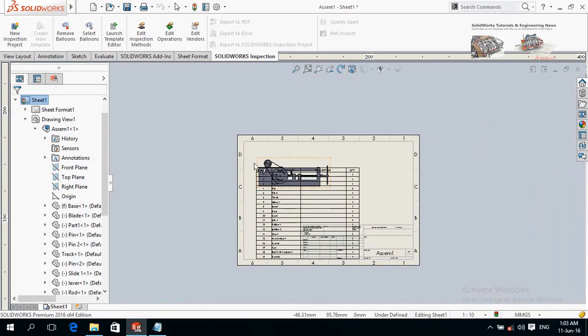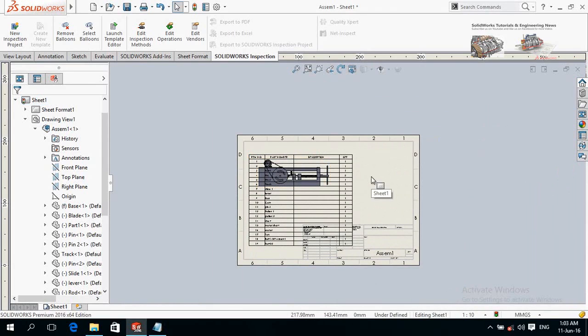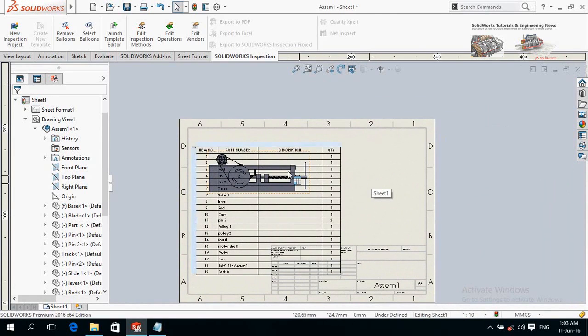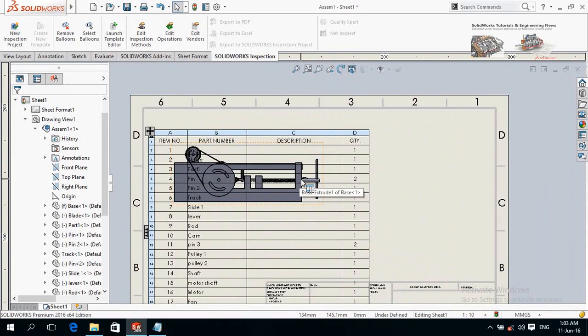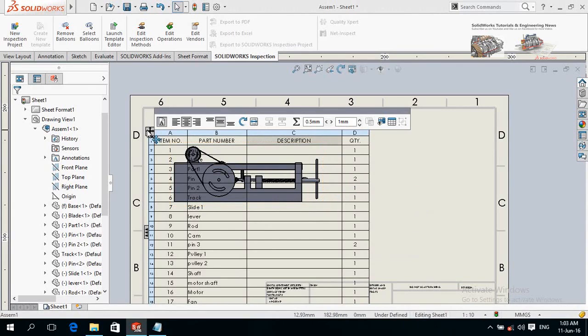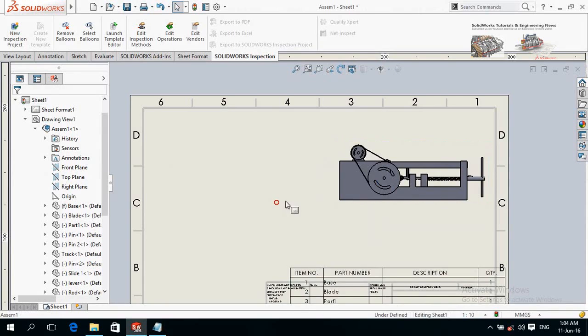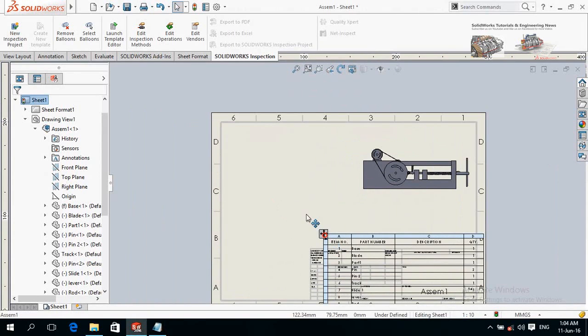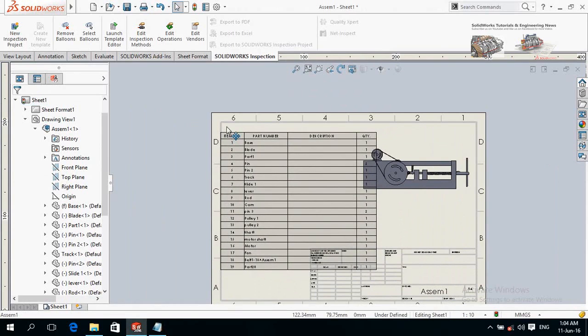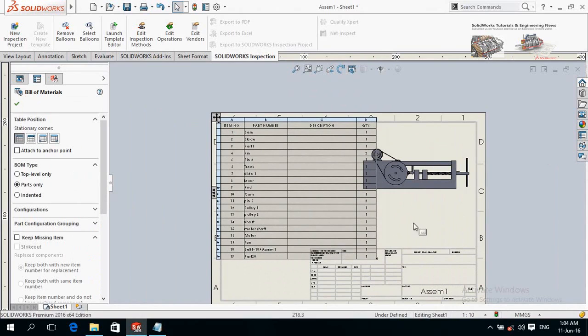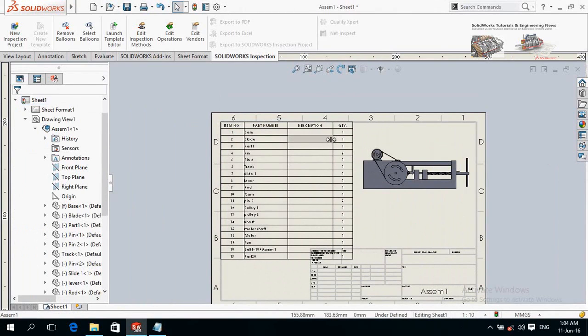You can also change the size of rows and columns manually. This is how the size of rows and columns would be changed.